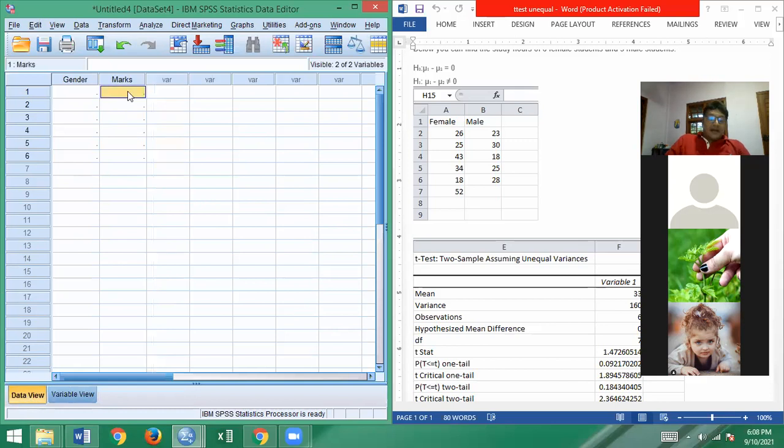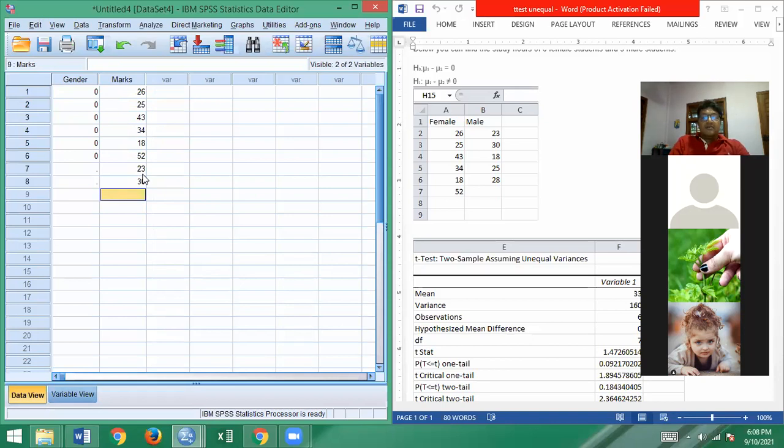So here, marks is given 26, 25, 43, 34, 18, 52, right? All these marks come from 0. 0 means female, right? Rest of them male, 23,